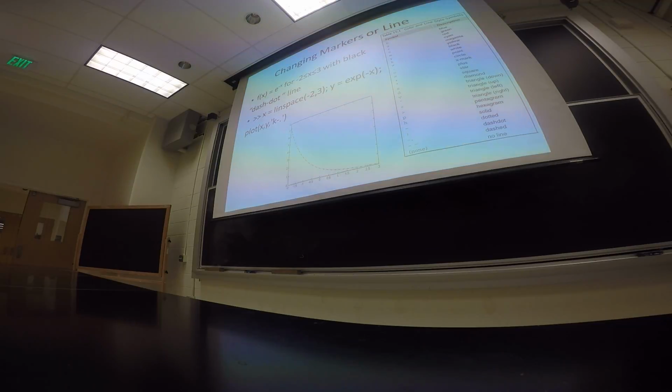So one key thing we use in order to change lines and markers and stuff like that is a table, which we can find in Matlab or Google. It will find it. So it gives us the symbol we want to